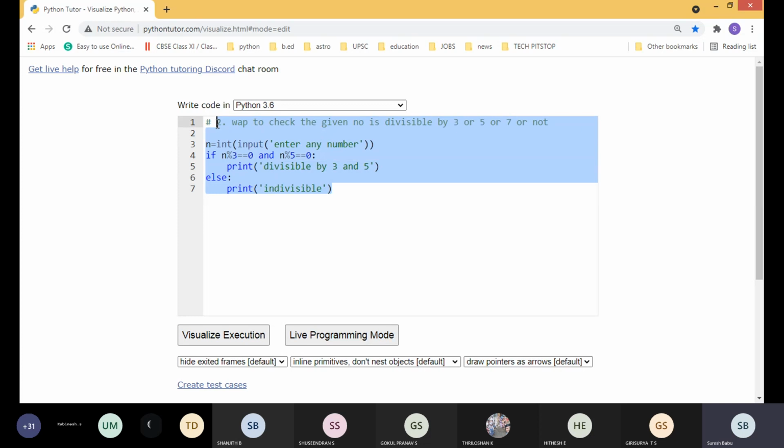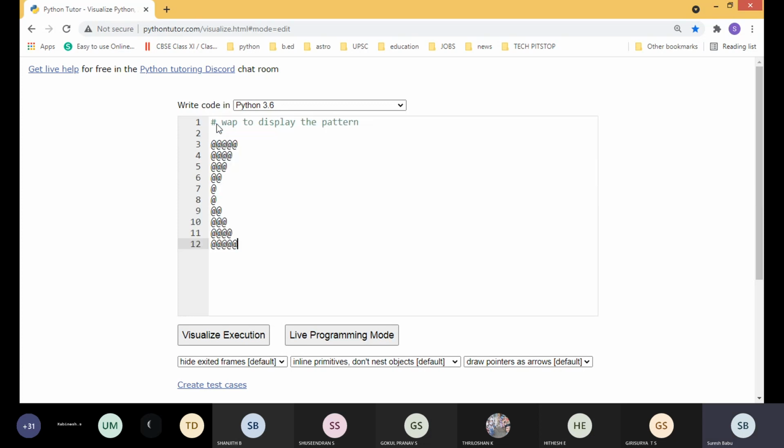Okay. So yes, this is the pattern. Students, is it visible? Yes, sir. So kindly think and tell me how to solve this one.